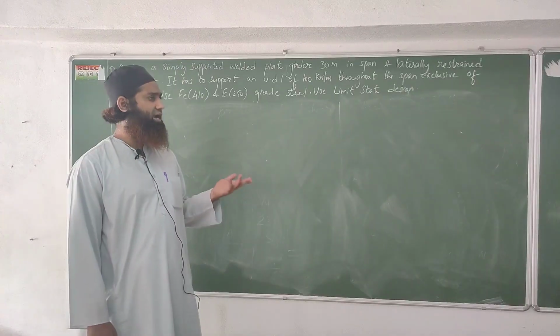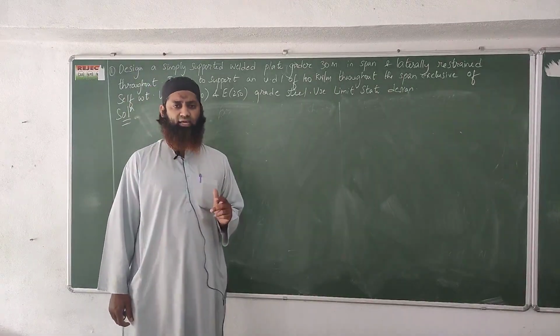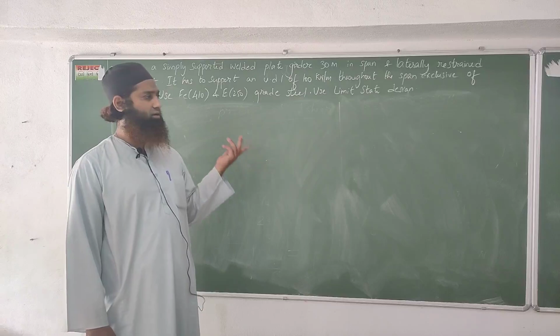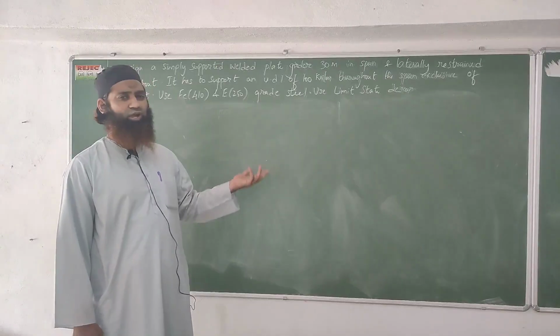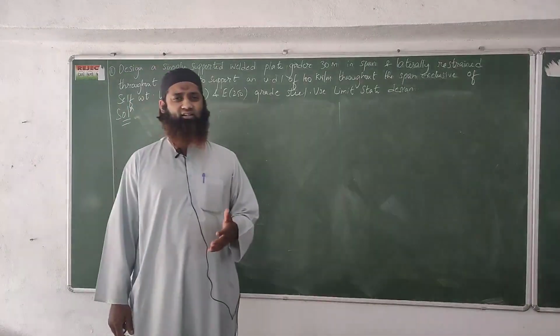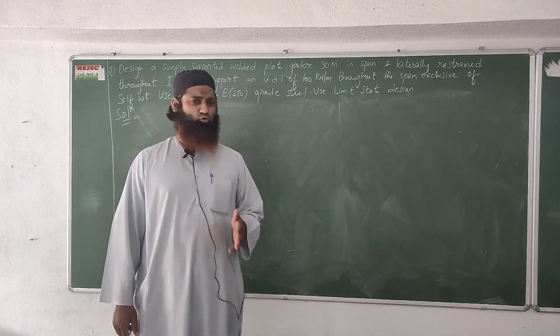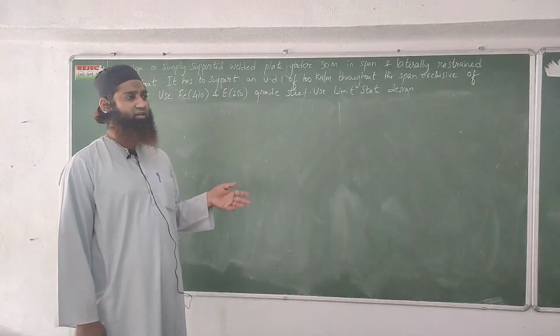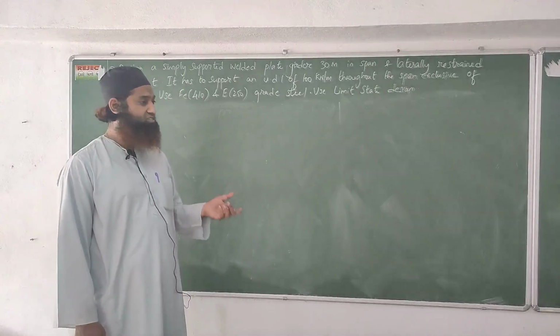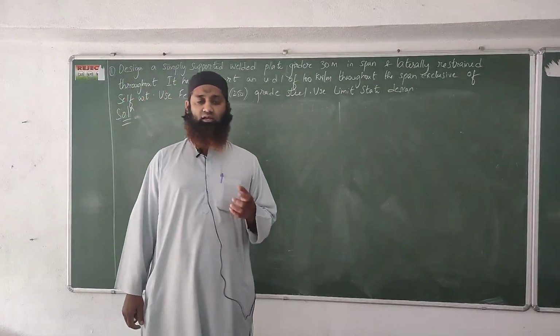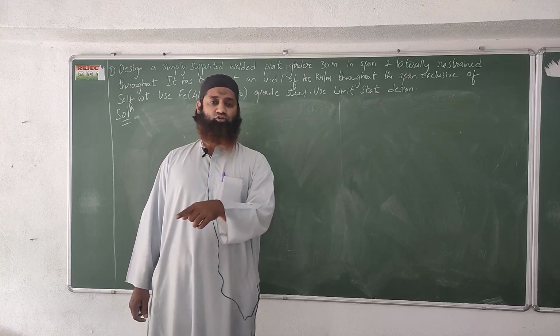So anyway, I had assumed it as 150 there. So the depth of this web also I had got somewhere. I had calculated it around 2036. 2036 was the depth of the plate girder. Then next we had found out the thickness of the plate girder web also. The depth of the web was 2036.